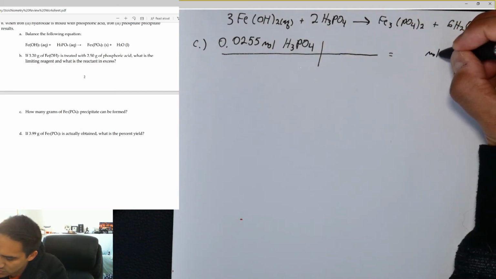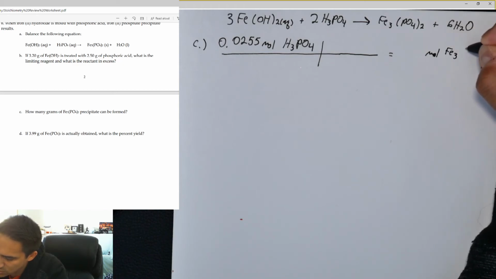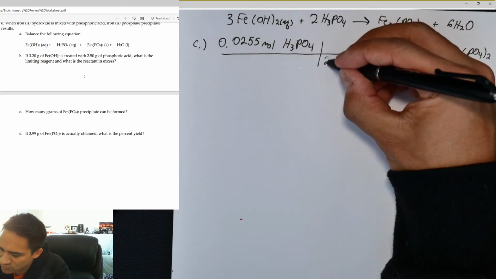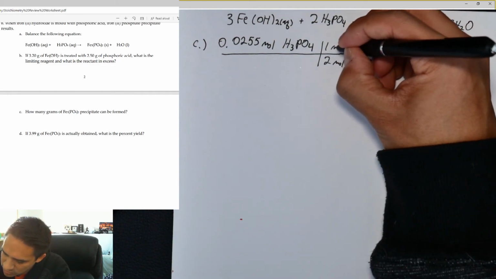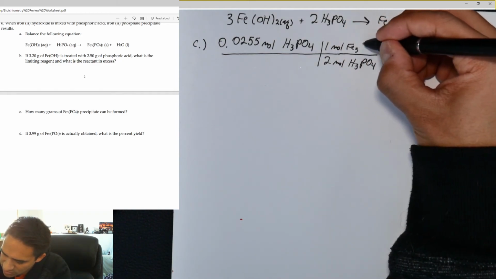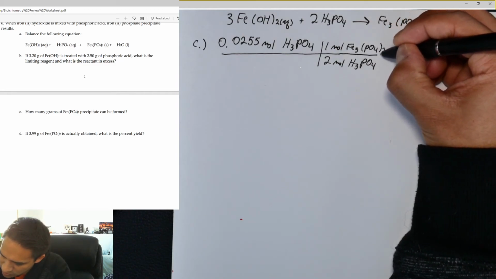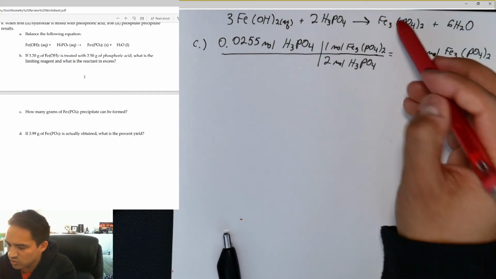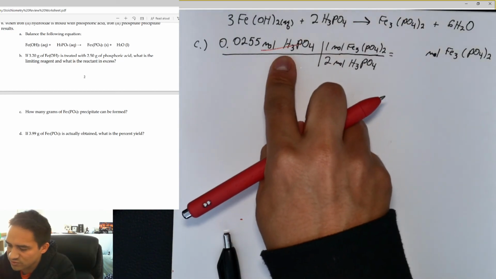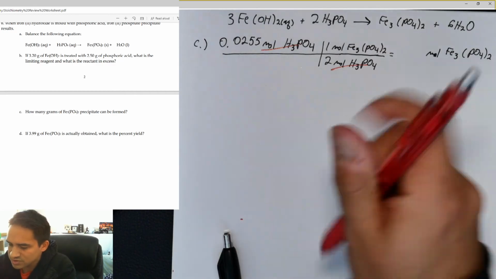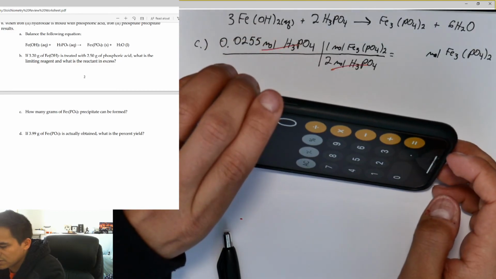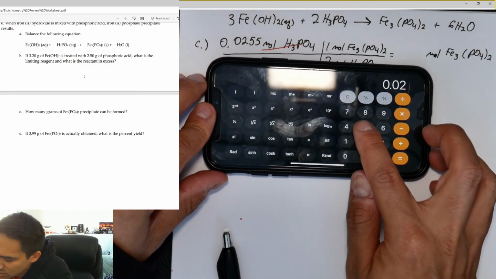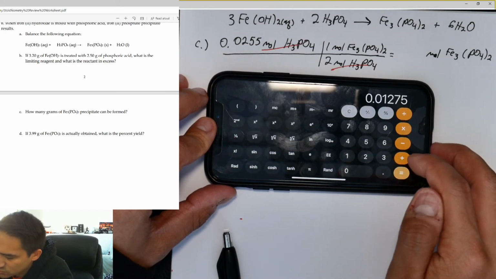So we're going to end in moles of Fe3(PO4)2, and for every 2 moles of this H3PO4, we are going to make 1 mole of Fe3(PO4)2. Okay, so again, it is a 2-to-1 ratio. Since we're starting with moles of H3PO4, the 2 moles is going to go on the bottom, so we can cancel those units out. So we'll take our calculator here, so 0.0255, and just divide that by 2 equals,